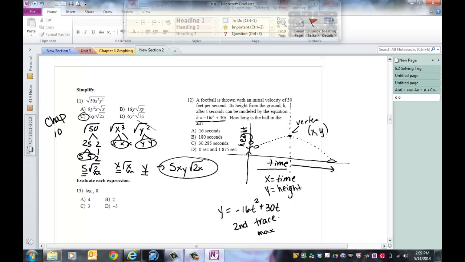Your maximum is going to give you this xy coordinate. Y is representative of the height, so if I ask you how high the ball got in the air, there's your answer. If I ask you how long the ball is in the air, well, I'm asking you for this total x distance. You know how long it took you to get to the vertex, so double it. If it takes you 3 seconds to get up, you're going to take 3 seconds to get down for a total of 6. Let your calculator do